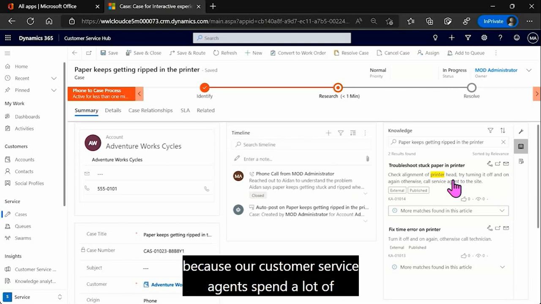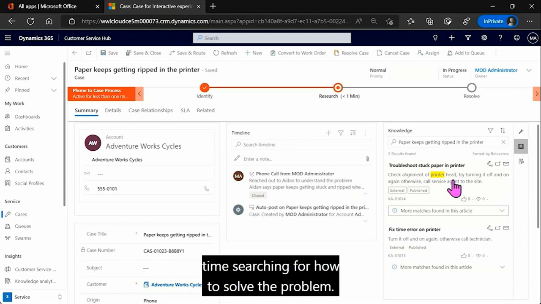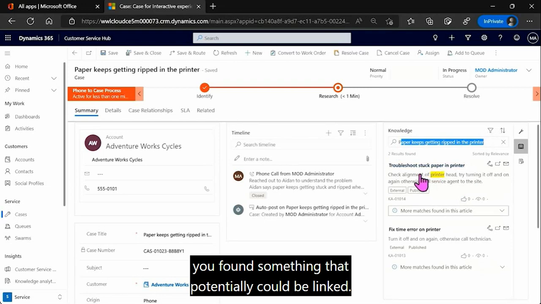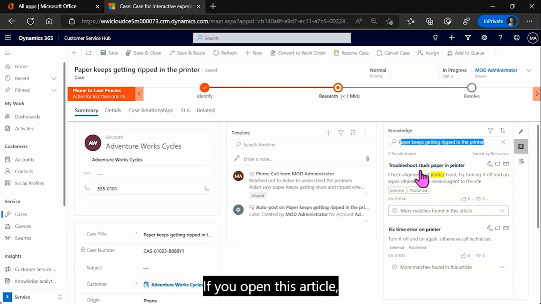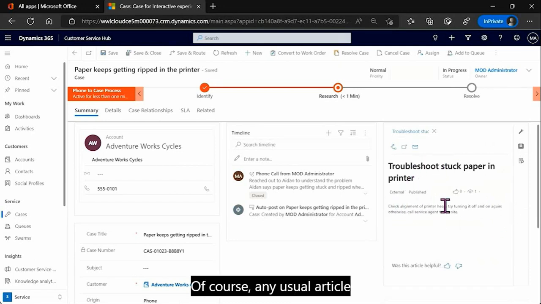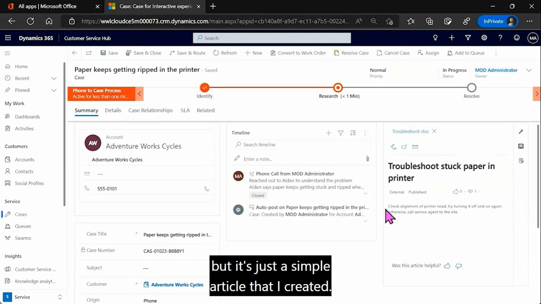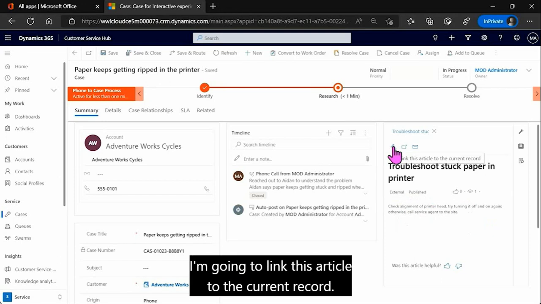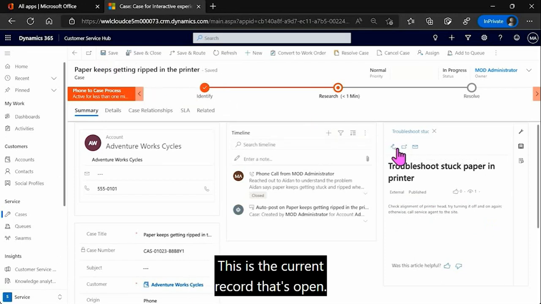So these are things that potentially could be answers to your solution. Because our customer service agents spend a lot of time searching for how to solve the problem. But if you're able to find something really quickly with this search query, you found something that potentially could be linked. So if you open this article, you see this is the entire problem. Of course, a usual article might be a little bit more sophisticated than this, but it's just a simple article that I created. And we can go ahead and link this article to the case. So I'm going to link this article to the current record. So this is the current record that's open. The moment we link it,